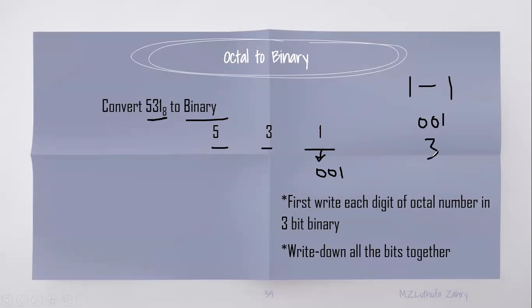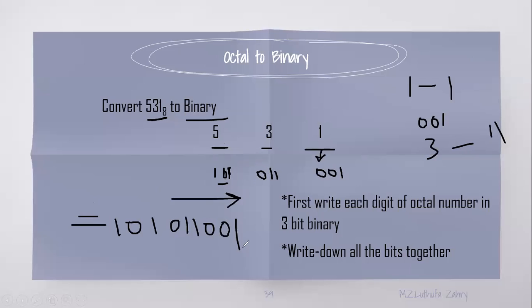If it is 3 in binary, if you see the table, you will understand. 3 will be 11, so to make it 3-bit, add a 0. For 5, it is 101. It's already in 3 bits, so there's no need to add any zeros. The next step is, from left to right, just write it all together: 101 011 001. So that is it. Simple, very simple. Just write it in 3-bit and that is the number. Clear?